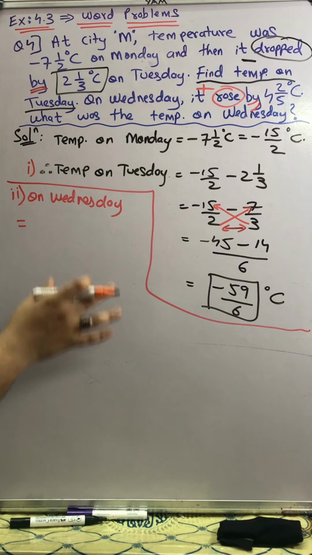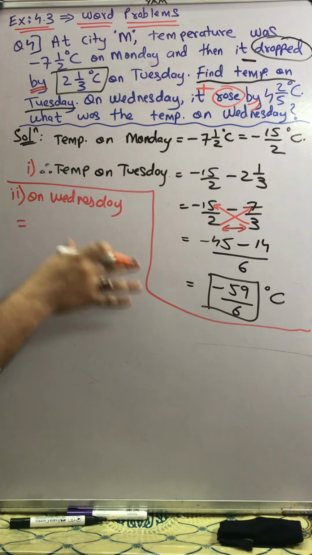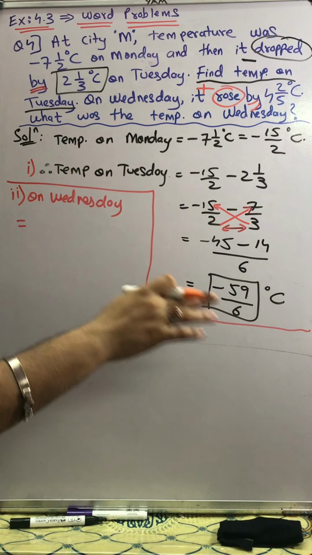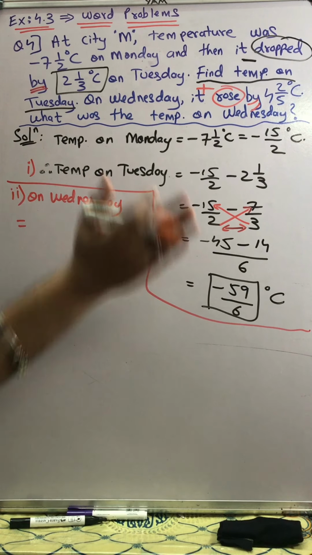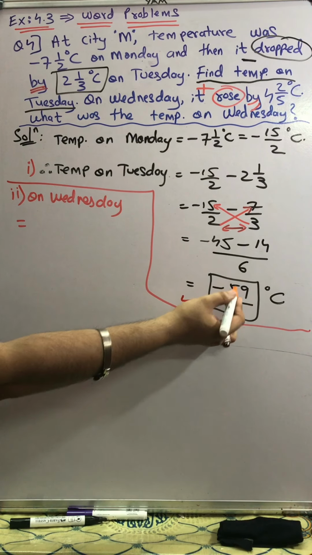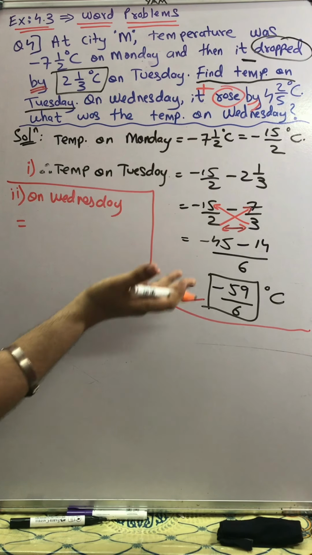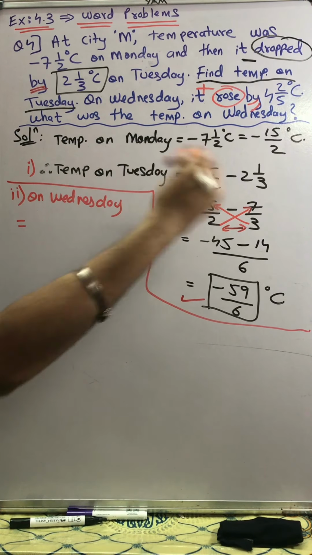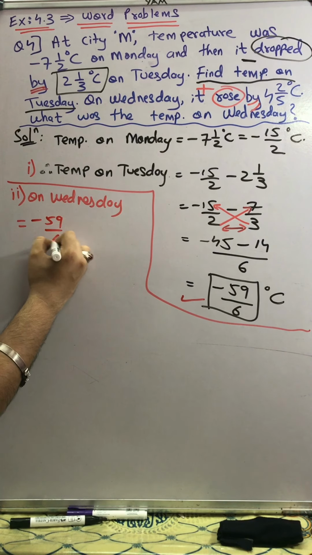So now from the temperature of Tuesday, the temperature of Tuesday is carried forward. So we will add, we will continue from the temperature of Tuesday. So minus 59 upon 6 plus, because here rose is given, that means plus. Temperature increased by, so plus 4.2 upon 5 degrees Celsius. So minus 59 upon 6 plus